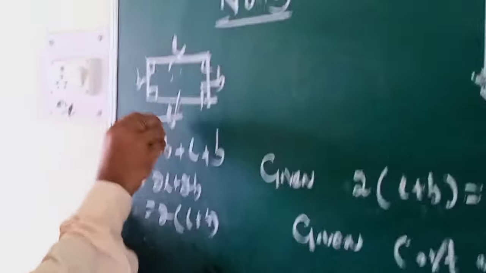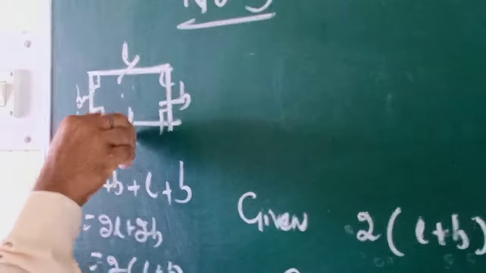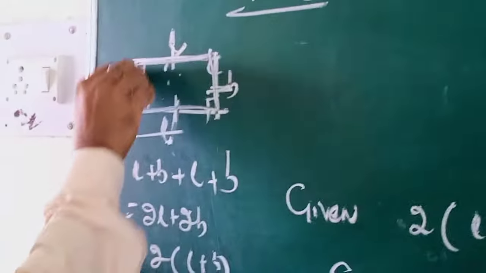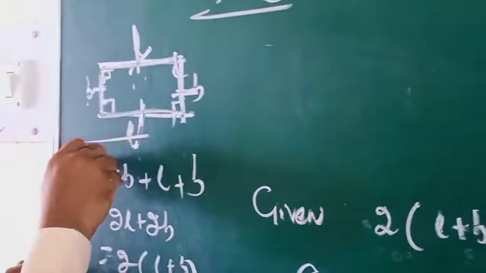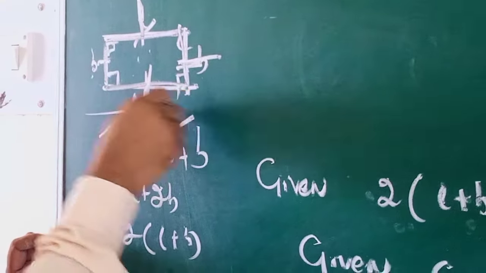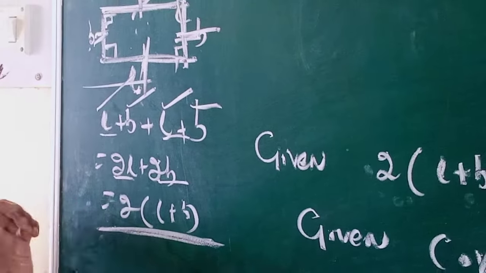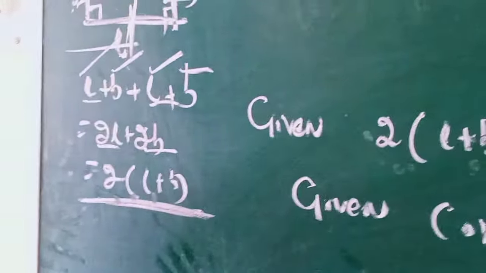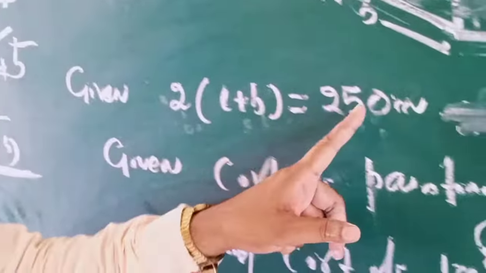You see here, I have explained. This is a rectangle. Suppose length is L, breadth is B. So opposite sides of the rectangle are equal. This is L, this is L, this is B, this is B. So perimeter of the rectangle means sum of 4 sides. So L plus B plus L plus B, L plus L, 2L plus 2B, 2 common, L plus B. So 2 into (L plus B) is called the perimeter of the rectangle. And since the floor is a rectangle, perimeter is 2 into (L plus B), 250.